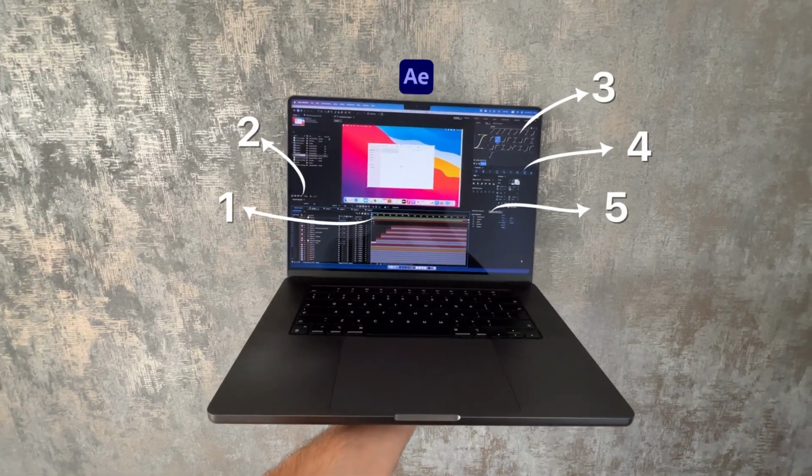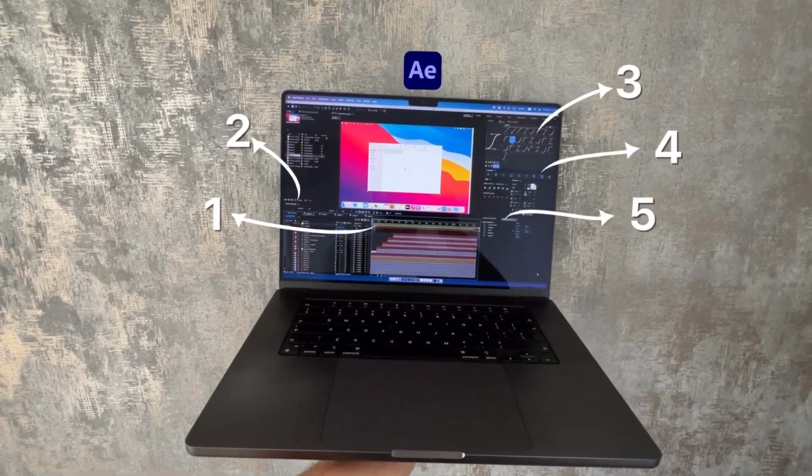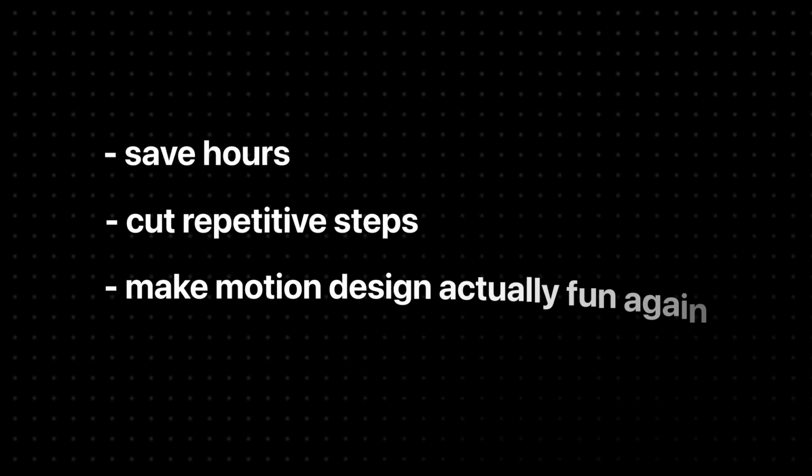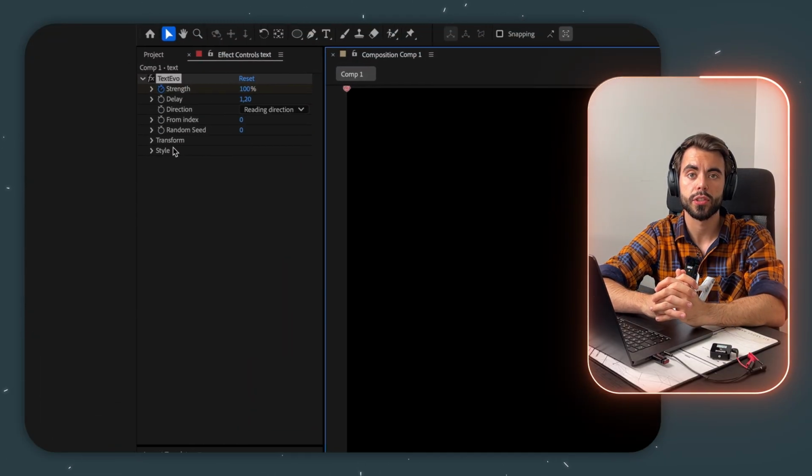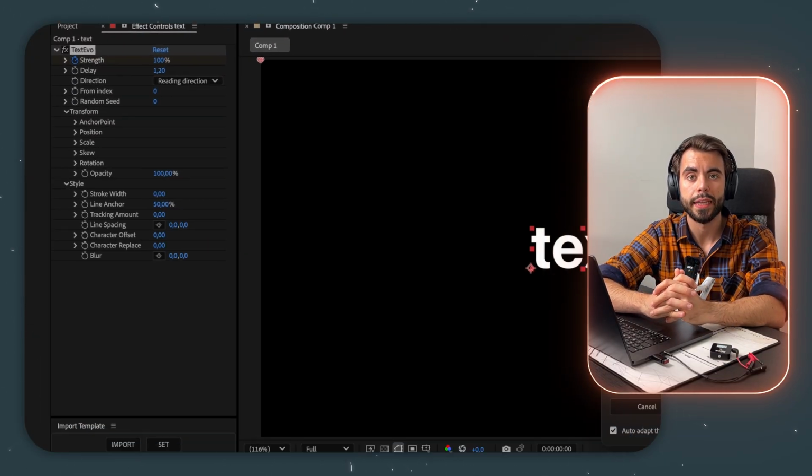These 5 After Effects plugins will completely change the way you edit and animate. Over the years, I've tested dozens of plugins, but only a handful truly stuck. The ones that save hours, cut repetitive tasks, and make motion design actually fun again. In this video, I'll show you the tools that became part of my everyday workflow and the ones that can